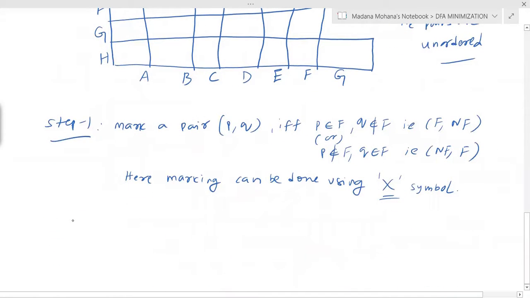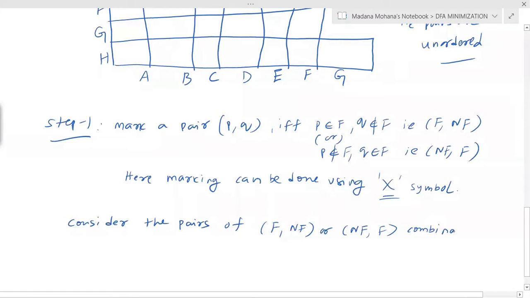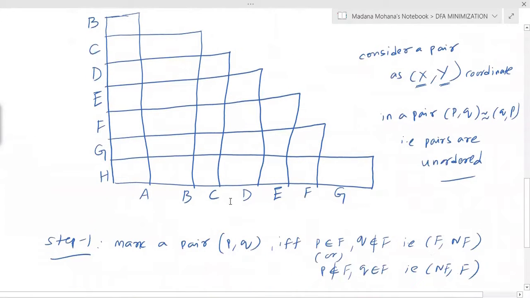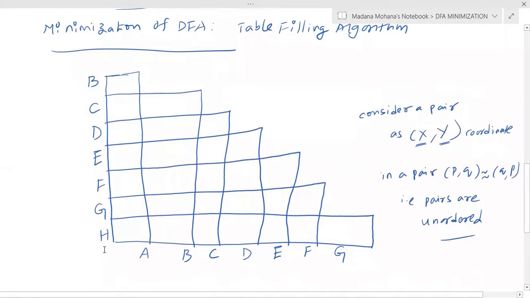Now consider the pairs of F comma NF or NF comma F combinations. Any of these combinations that exist, you can take. So here C is the final state. So take all the pairs combining C with all of A to G, starting with